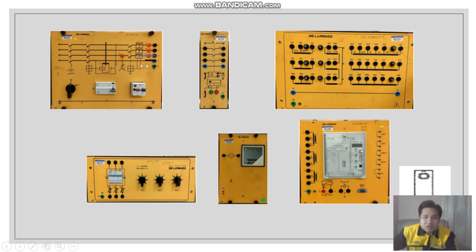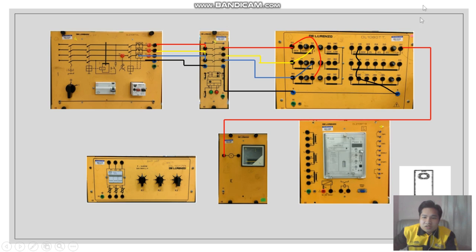First, we need to connect our three-phase supply to our circuit breaker: red phase, yellow phase, blue phase, and then neutral. After we connect this, we proceed to connect our circuit breaker to our transformer, phase by phase, and then our neutral, and then we connect our transformer in delta connection. After that, we can proceed with our neutral, and then we can connect our red phase to our ammeter to measure the current, and our ammeter will go directly to our relay here,